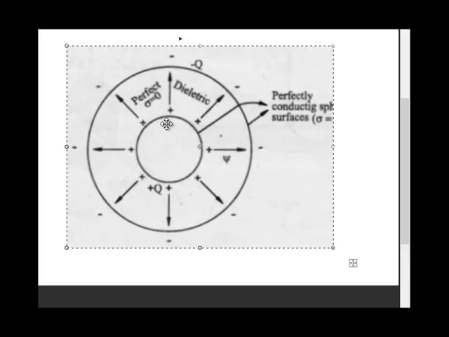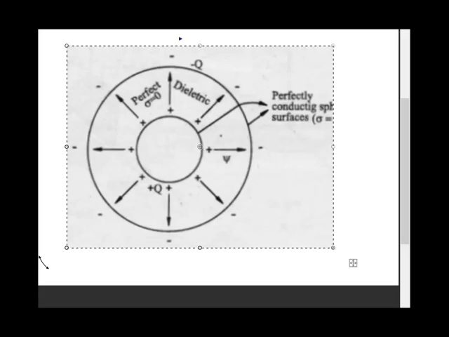Then he placed a positive charge on the inner sphere, and immediately he experienced a negative charge on the outer sphere, with the same magnitude but opposite polarity. He placed the charge plus q, then he got minus q on the outer sphere. This is his experiment,